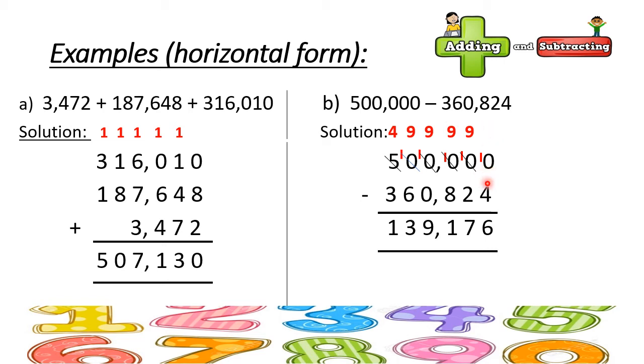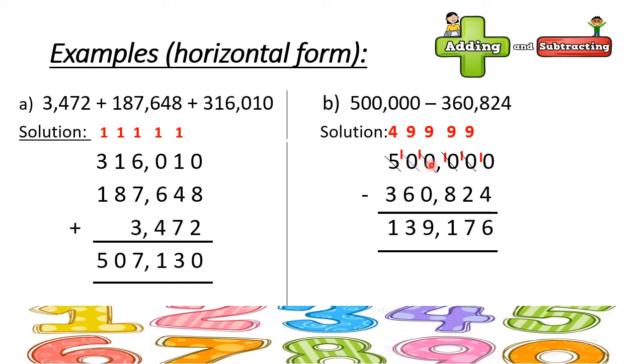Again, make sure all the digits are placed in their respective columns correctly, and then when we start subtracting the digits, we start from the right side. We have 0 minus 4, and we cannot subtract 4 from 0, so we will take a borrow from the next digit, which is also 0. We cannot borrow from it, so we will start by borrowing 1 from the digit 5. 5 will give 1 to this 0. This 0 will become 10 and 5 will become 4. Now from 10 we will give 1 as a borrow to the next 0, and this 10 will become 9 and this 0 will become 10.